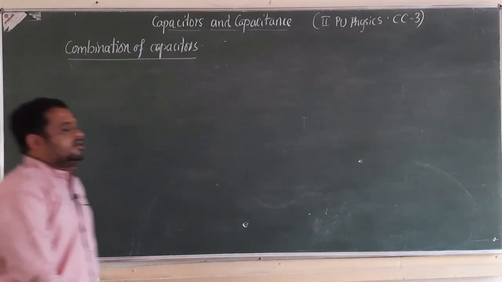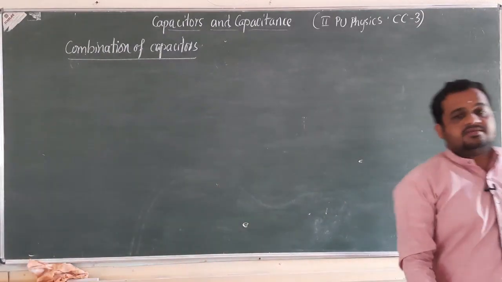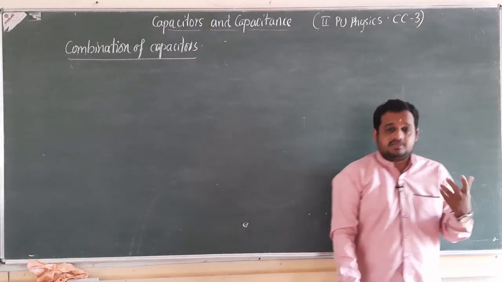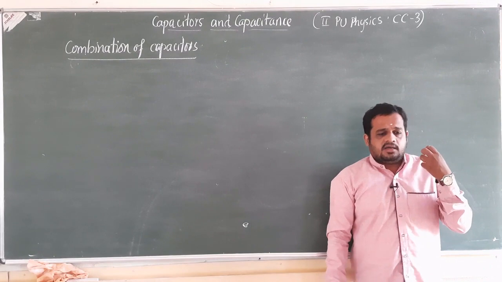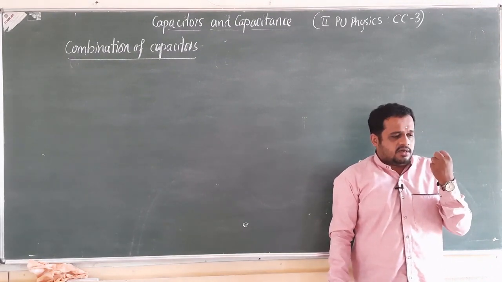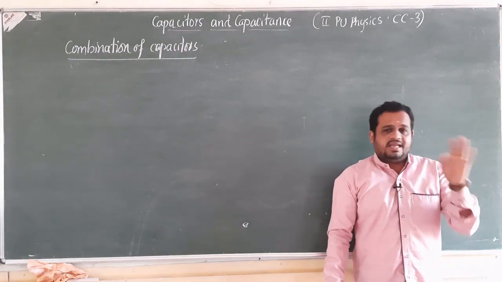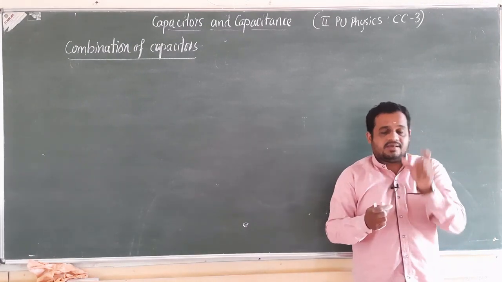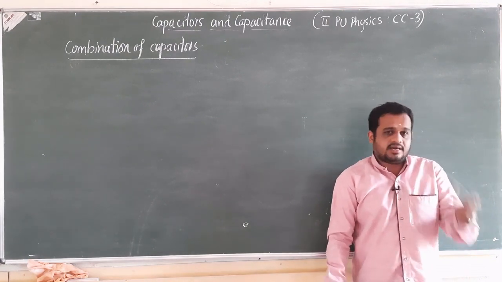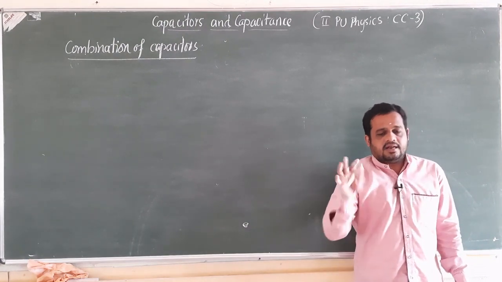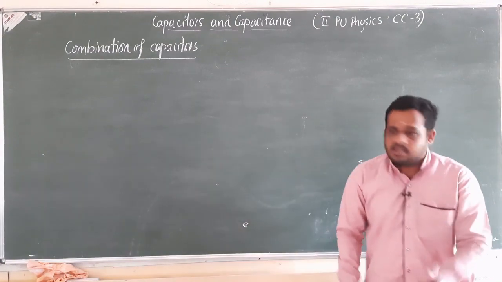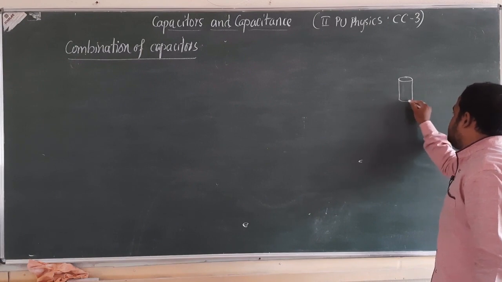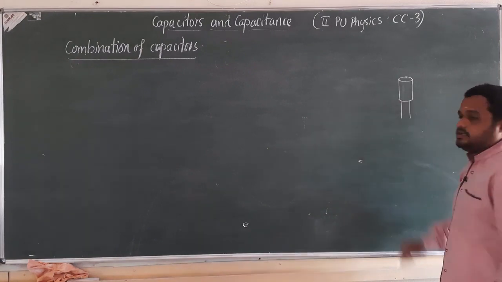See, if you consider a capacitor, I think you might have seen a capacitor in an electronic circuit. It is one of the main components of any electronic circuit. Capacitor is there in a fan. We call it a condenser. Condenser is capacitor. In any other electronic circuit you will find a capacitor. Its structure is somewhat like this, a cylinder with two connecting terminals.